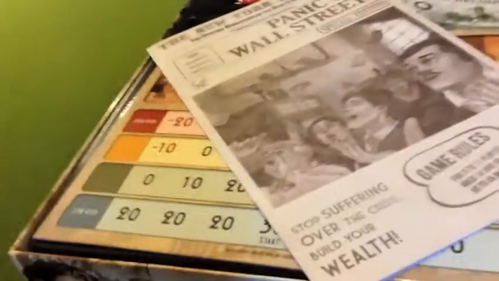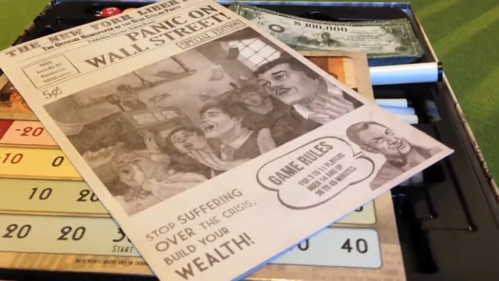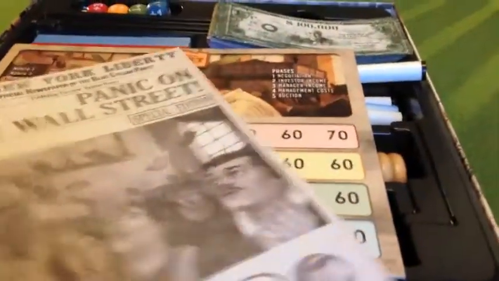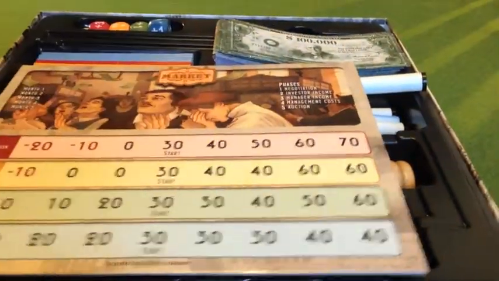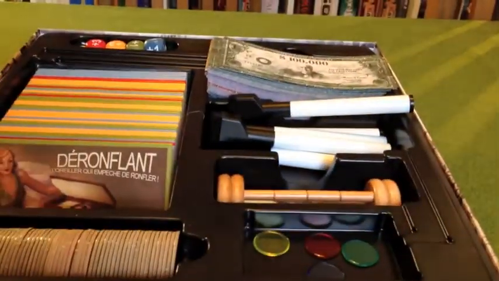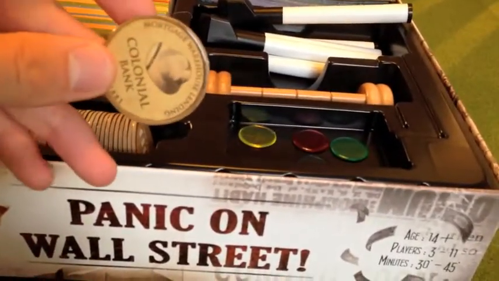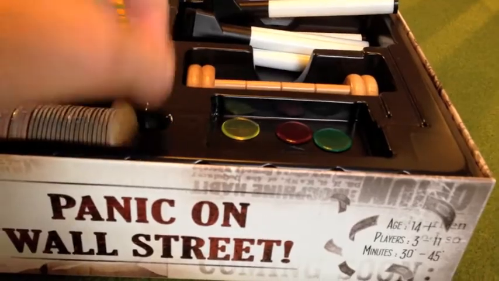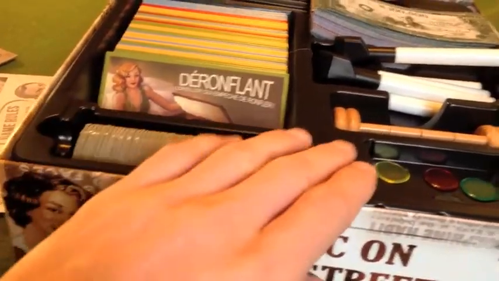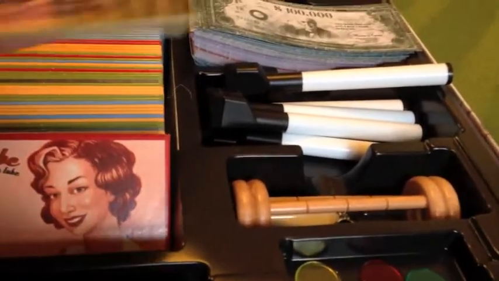I don't often do unboxing or look at the components, that sort of thing, but I think it's worth doing in this case. So we've got a nice little rule sheet here. We've got the player board, which has the different stocks on it. So that's the central board. We've got a ton of nice thick tokens in different colours, which are investment tokens, in all different player colours along here. A whole load of these thick card